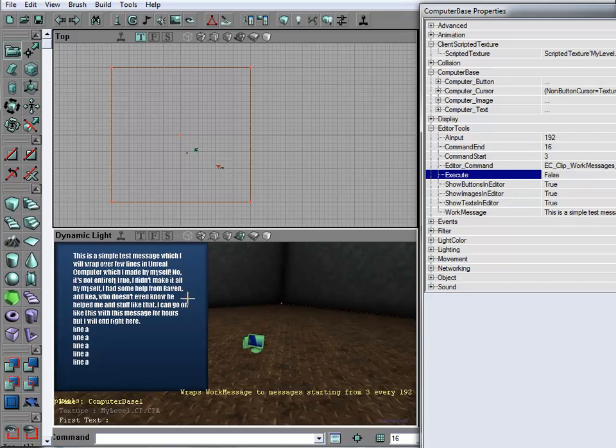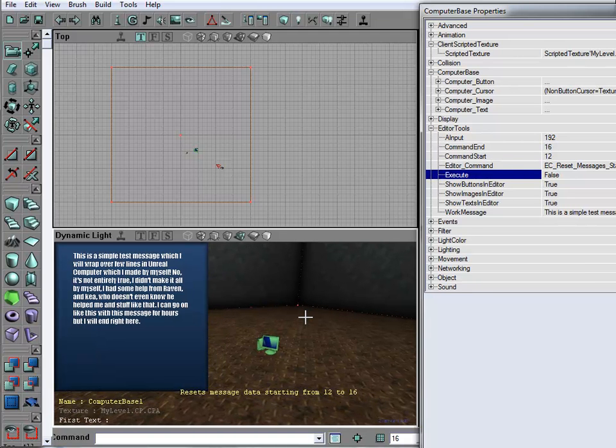And as you can see here, I've got 1, 2, 3, 4, 5 lines left. So 3, 4, 5, 6, 7, 8, 9, 10, 11, 12. From 12 to 16, I need to reset. So reset messages,